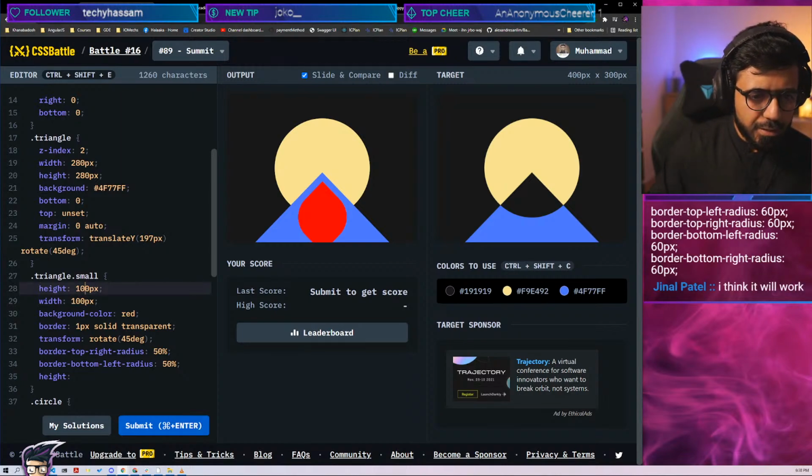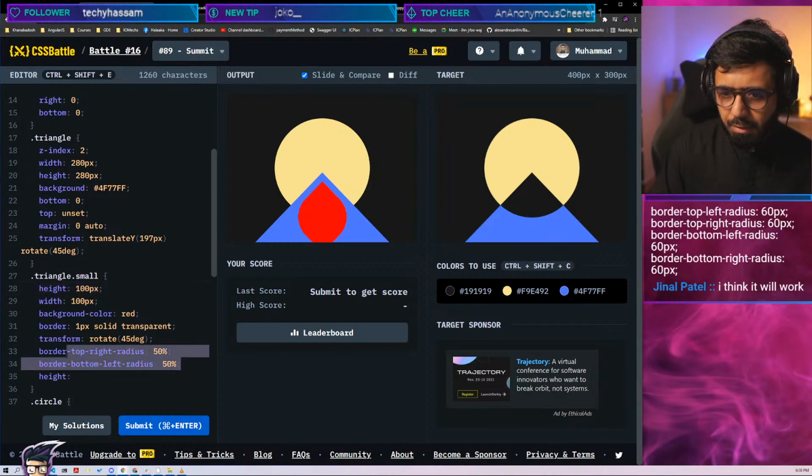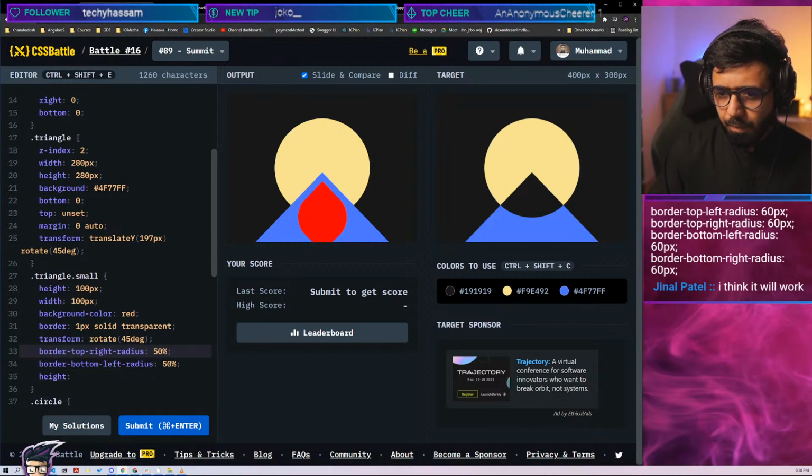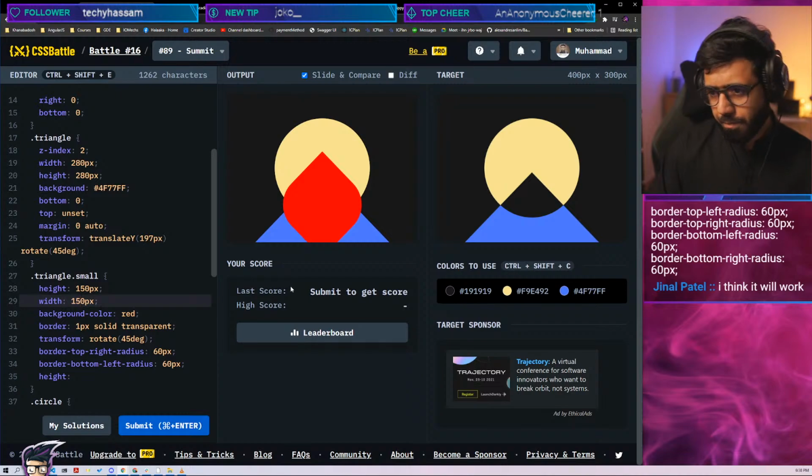Border top left radius 60 pixel, border top right radius. Okay, let's see if that works. If I make everything circular, then it's not gonna work. You have all the radius set to 60 pixel. If we are to give this, let's say 60 pixels, then these are the ones that are going to get those. But the thing is that then we are supposed to reduce the height, or maybe increase the height as well. So if we do so,